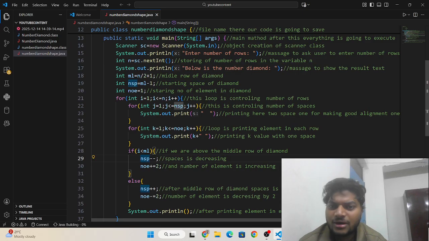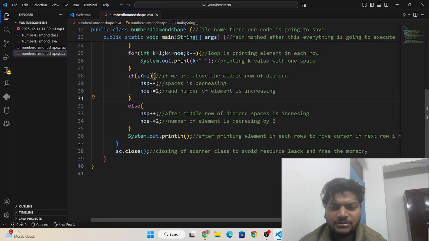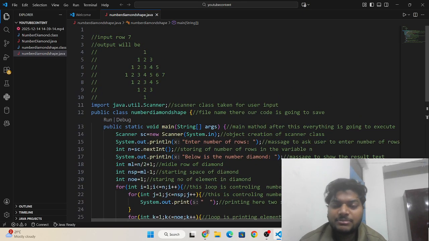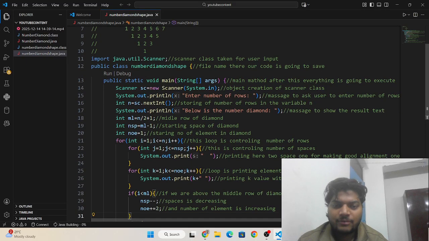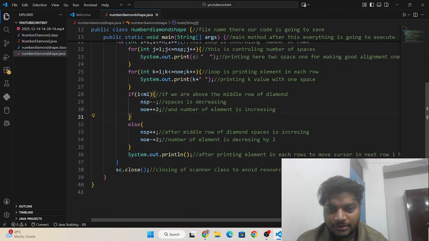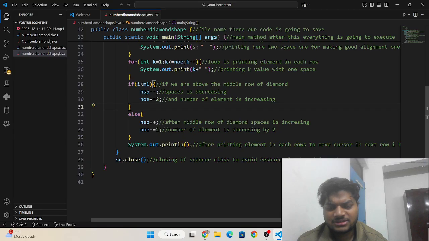If you are writing NumberDiamond for the first time, it will run automatically, no problem will come in your system. So now our code is working perfectly, and I have written the comments for each thing.